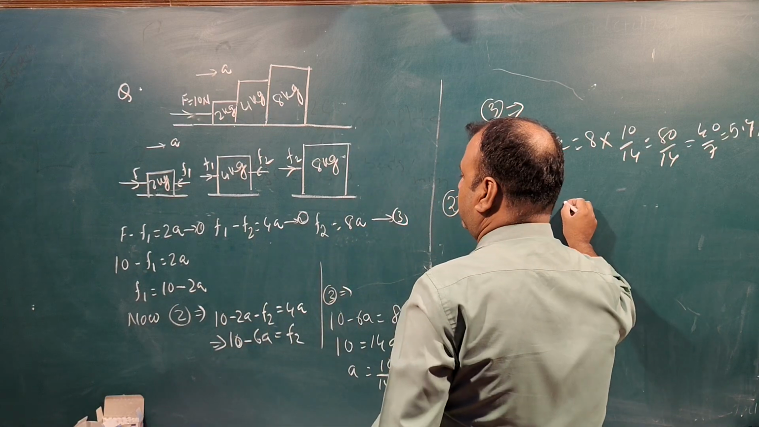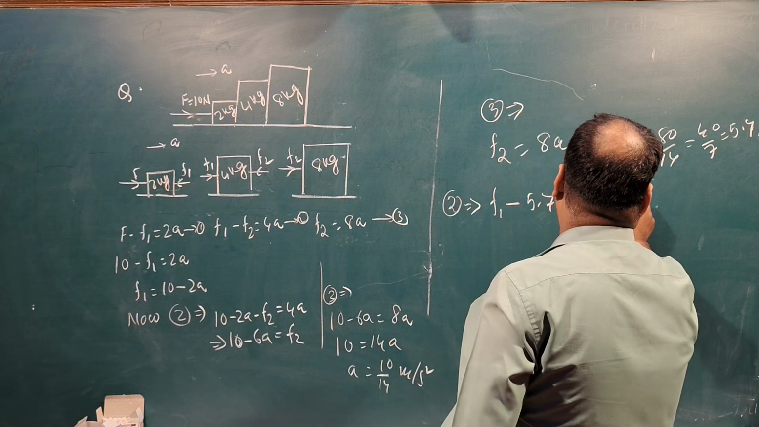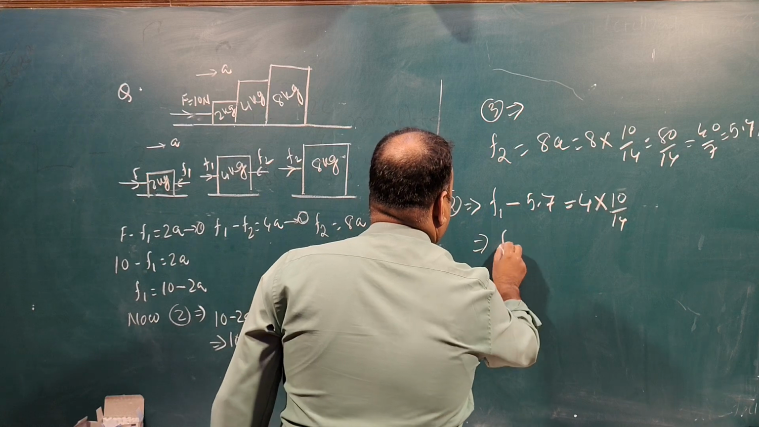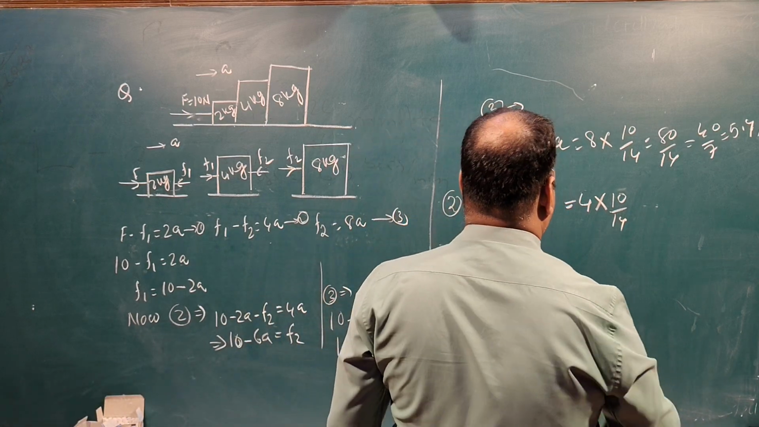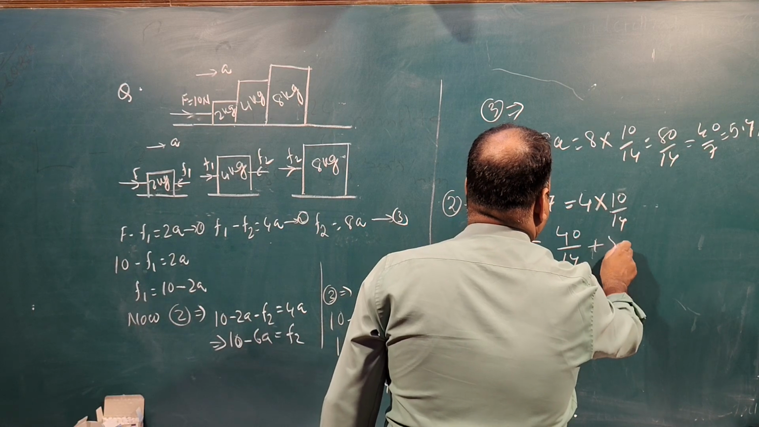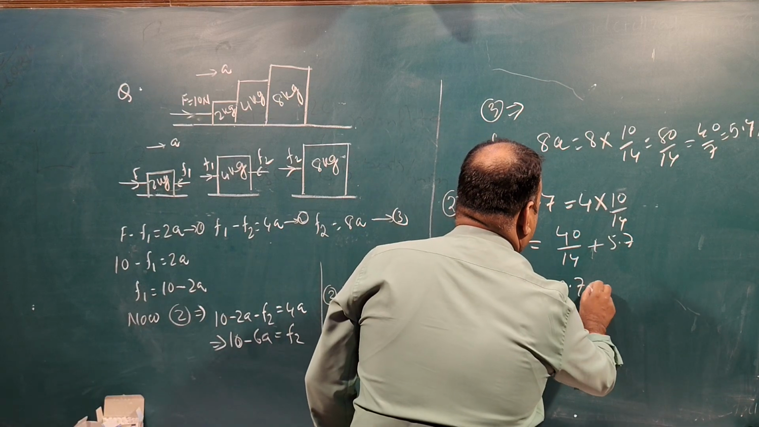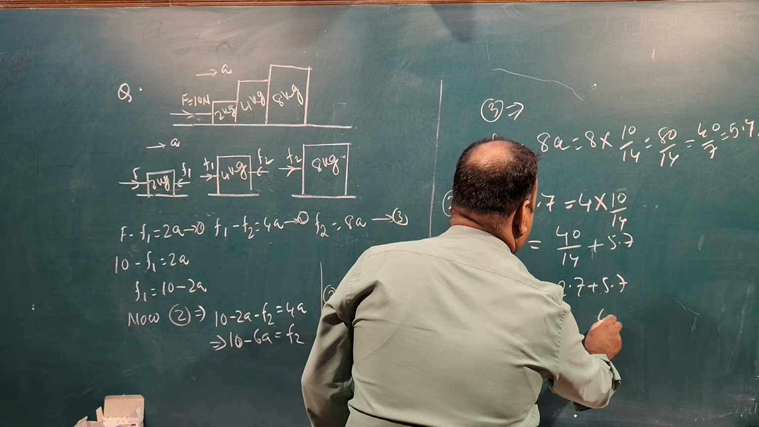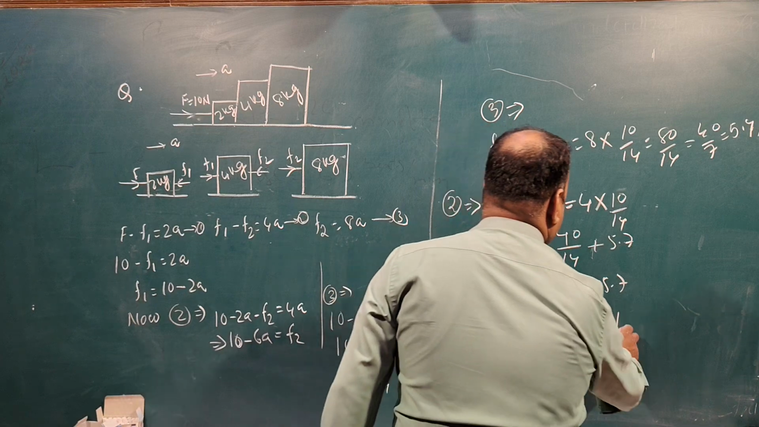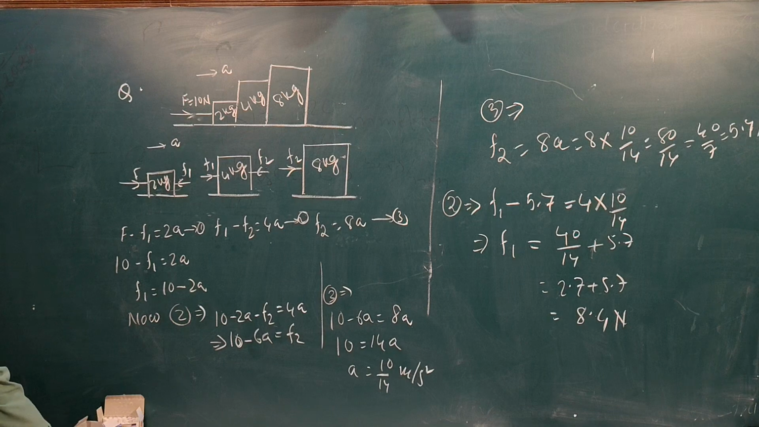5.7 is equal to 4 into A. What is the value of A? 10 by 14, like this. So we can solve easily. F1 is equal to 40 divided by 14, and here it will be plus 5.7. So it will be 2.7 plus 5.7, so it will be 8.4 Newton. So dear students, you can see from the given diagram, according to our questions, we have to calculate